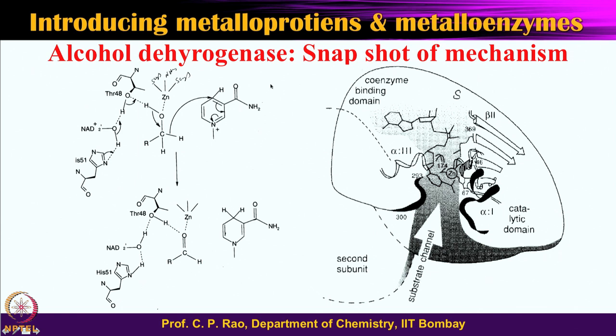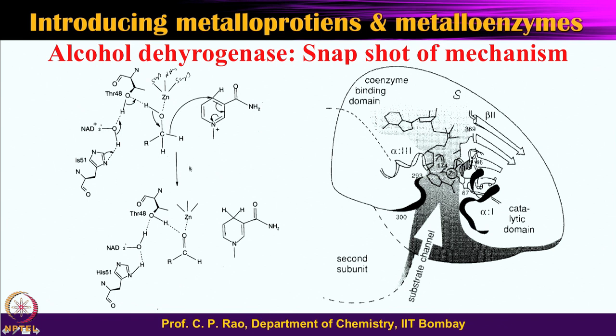Now, just look at a snapshot of the mechanism in this case. As I told you, you have a zinc catalytic center, you have a structural zinc which is not shown over here, and close by you have NAD plus. Because the enzyme uses NAD plus, it can oxidize the alcohol to aldehyde and itself get reduced to NADH. So, the snapshot here is the zinc center acting as a center for binding the substrate. Here the substrate is ethanol, and the general formula is shown over here, RCH2OH, and the nearby NAD plus is involved in the redox process,